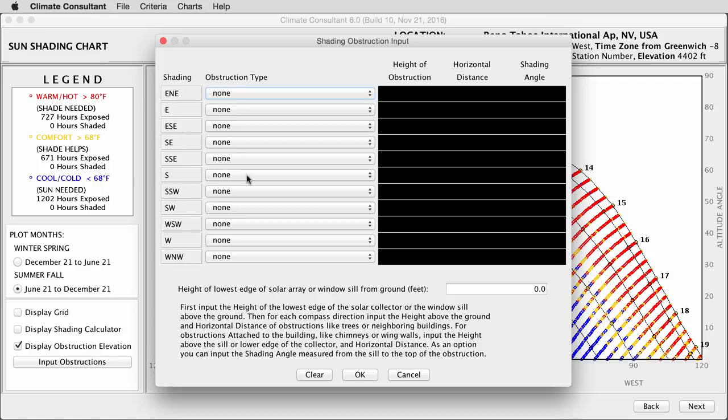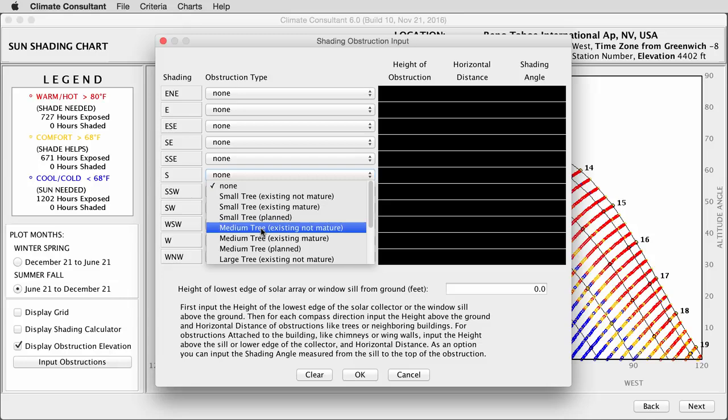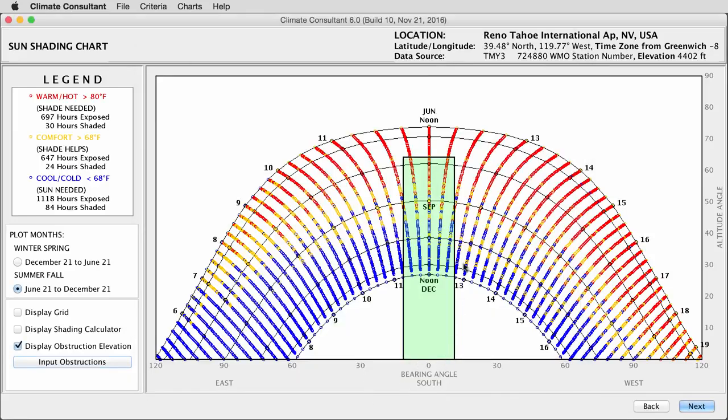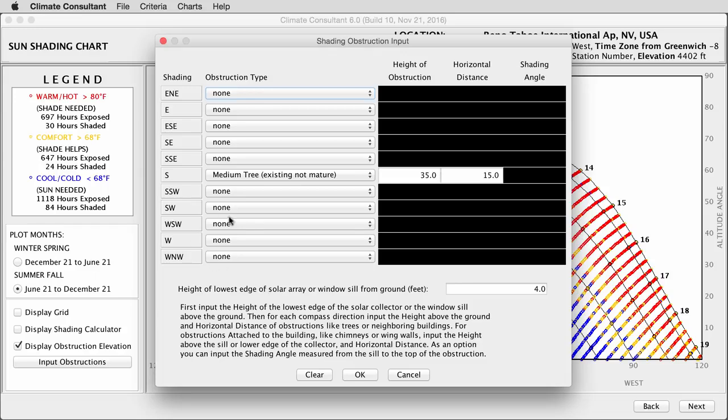If due south, we had a grove of trees, they could be a height of 35 feet with a distance of 15 feet from the building. We also need to input what is the lowest edge of either our solar photovoltaic array or the windowsill. So let's enter that as 4 feet and click OK. And you'll see that now the sun is actually shaded by those trees for these hours of day and these times of year. You can input additional obstructions,